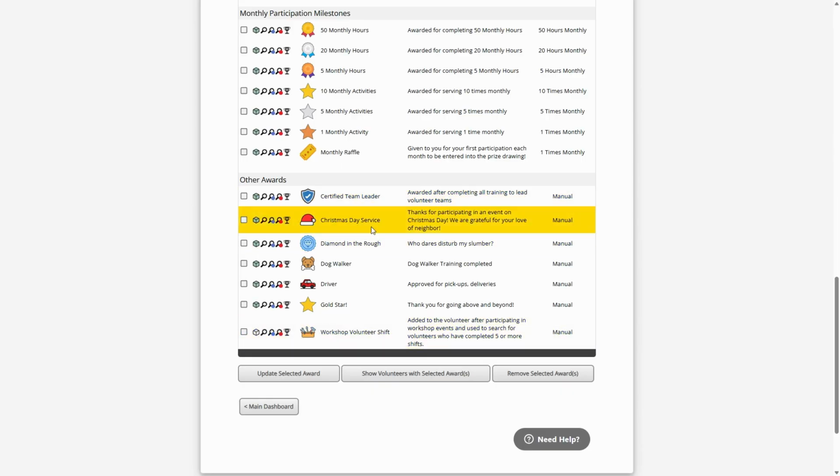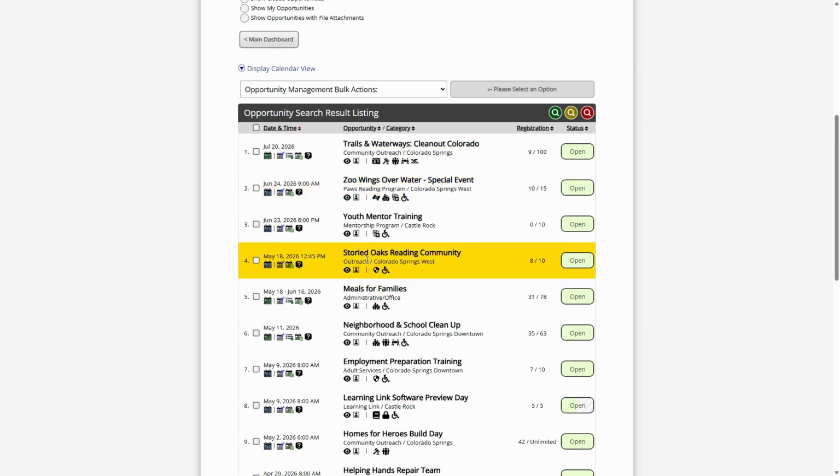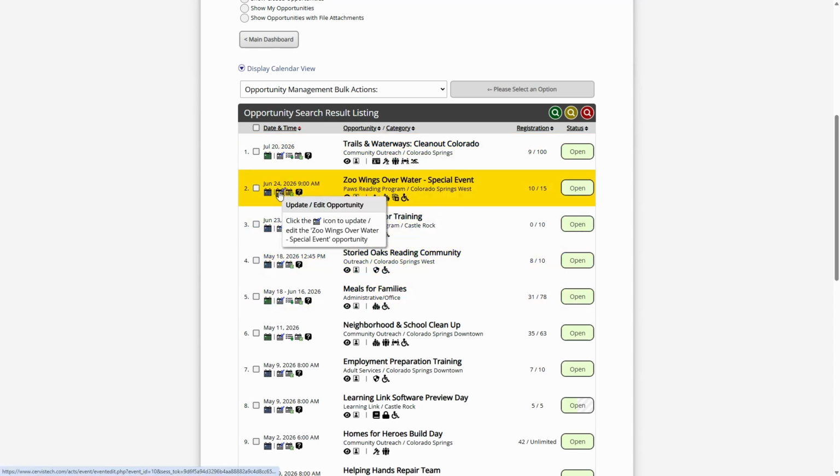Okay, a couple other examples in here as far as manually assigned awards. These can also be tied to particular shifts or particular events in your system. So you could create an award that's based on a specific event. Maybe you have events on certain holidays or happening at certain time frames that would indicate that a volunteer needs to earn a certain pin or badge, and you want to motivate volunteers to specifically volunteer during certain time frames or during certain drives or pushes that you have for particular sets of events. Every event that you create in your system can have an